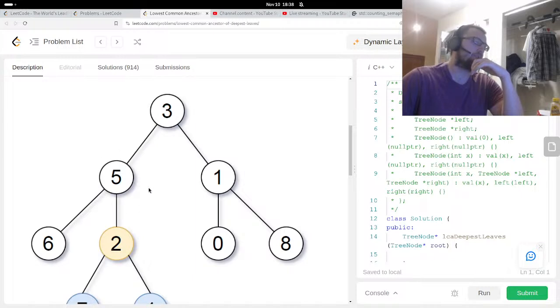The one with the least depth is the one that I'm looking for. Pretty interesting. So I probably just want to find the greatest depth first, number one. Then I want two things. I want to know for each node its